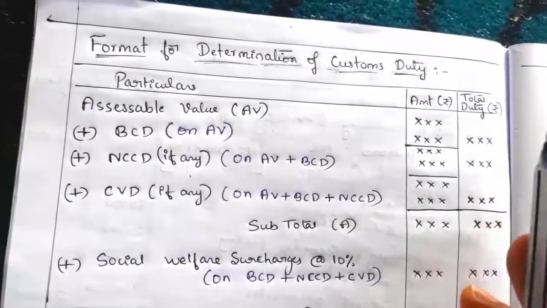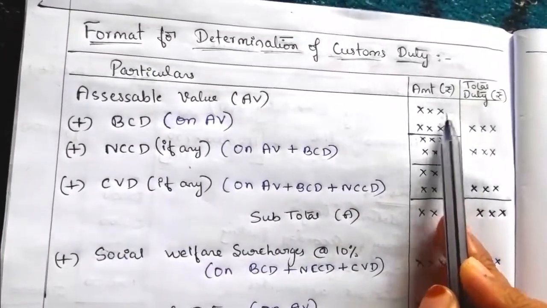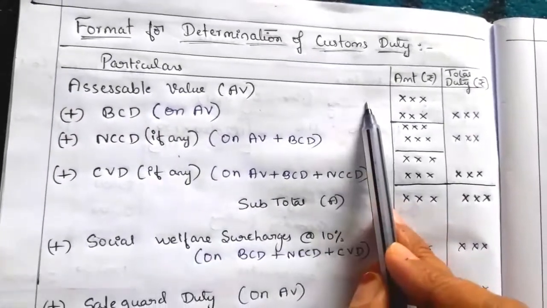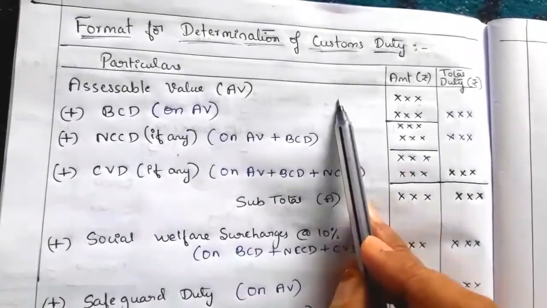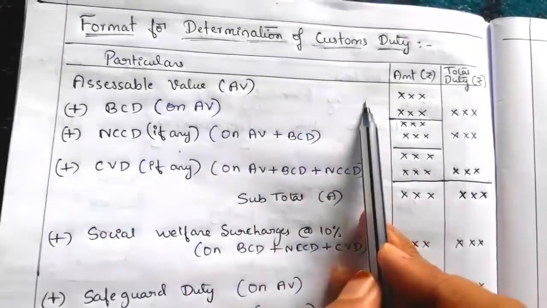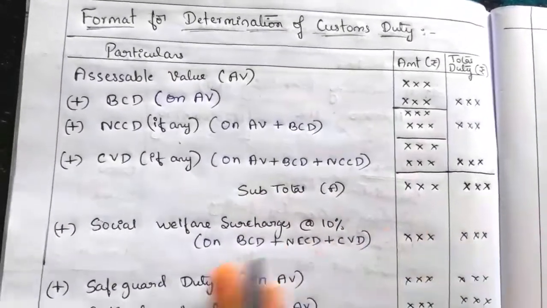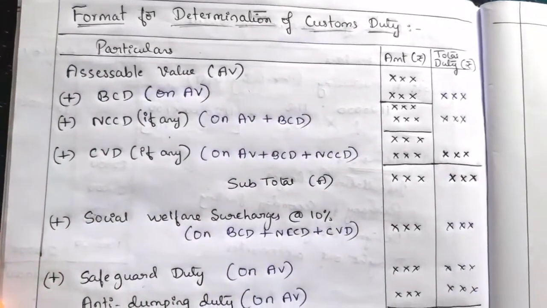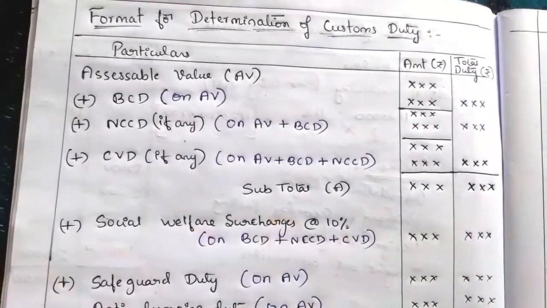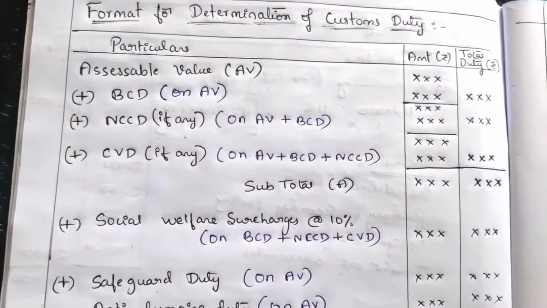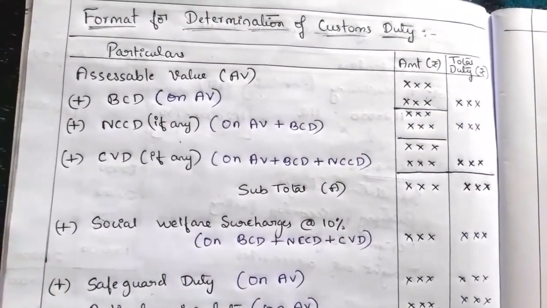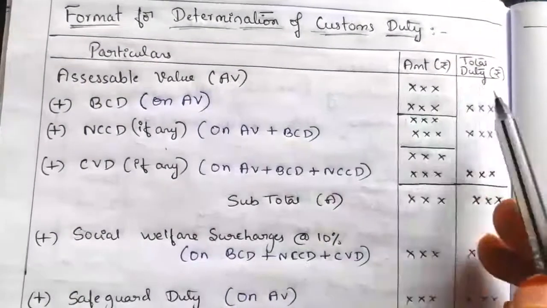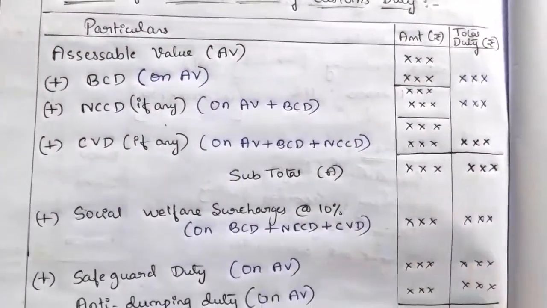Assessable value is the price of goods, or the value or cost of the commodity imported. You have already learnt about the assessable value. It is the transaction value, which you calculate by adding to the price or cost of the commodity some of the expenses connected with that cost of the product. That is the assessable value. On this assessable value of a product, the custom duty will be levied.